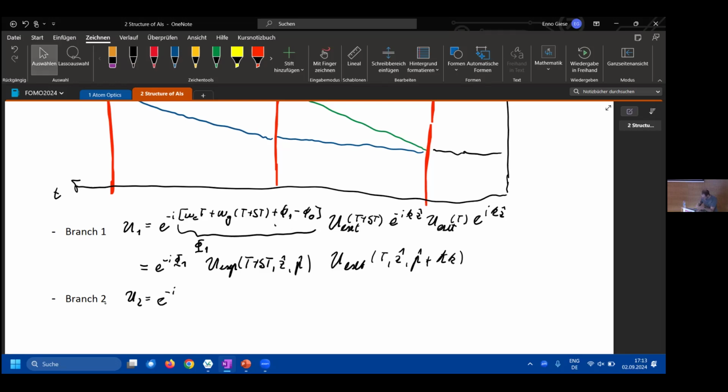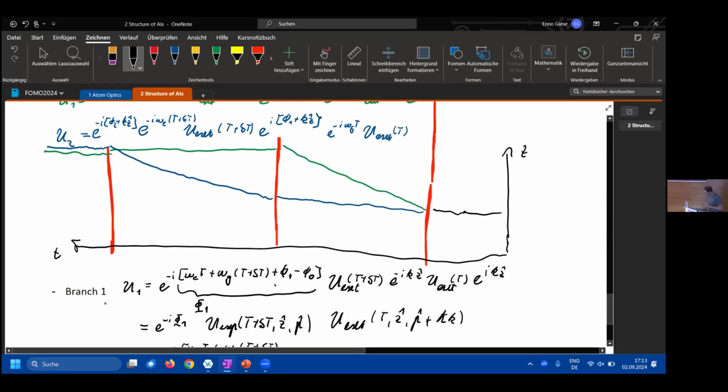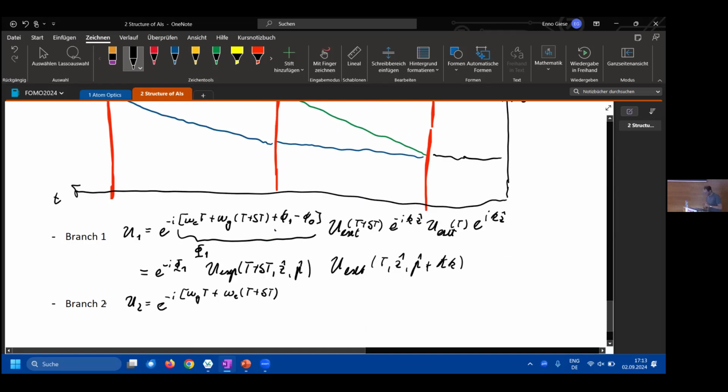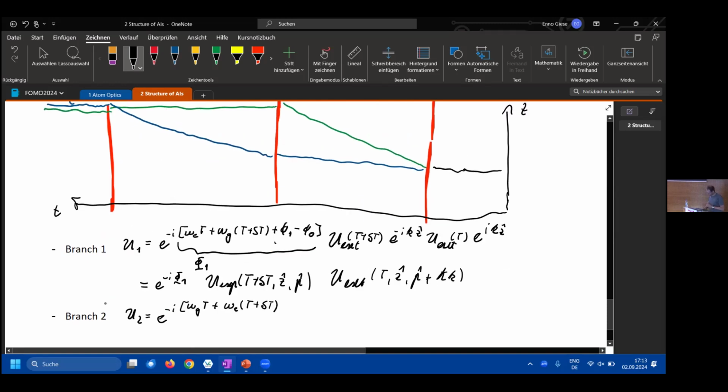And now I'm collecting again omega g times t plus omega e times t plus delta t. So effectively, the roles of the excited and ground state are just interchanged. This is the type of clock phases. And then we have a phase that rises, minus phi 2, and I excluded this minus, so it's minus plus phi 2 at that point,